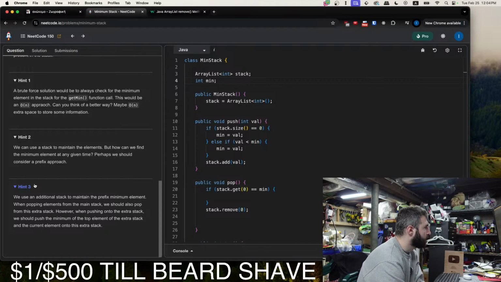Okay, you use an additional stack to maintain the prefix minimum element. When popping elements from the main stack, we should also pop from this extra stack.